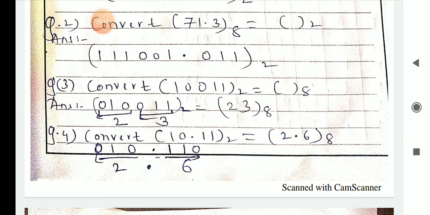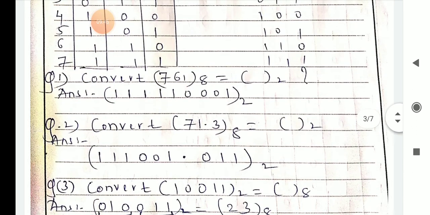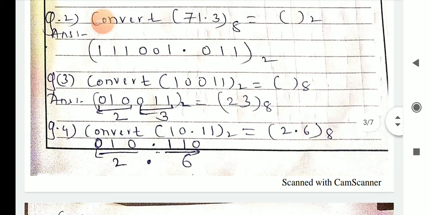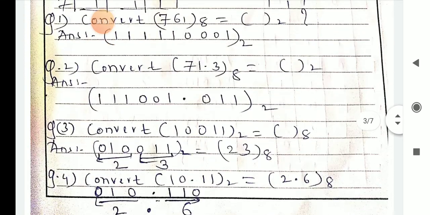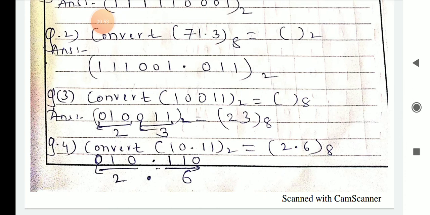After that you have to add a 0, because I want to make 3-bit groups. So after the decimal point, after the 11, I will add a 0, making 110, and before the decimal point I will add a 0, making 010, because only 2 digits are there. So I add zeros on both sides, right as well as left. Again we check the table: 010 is 2, 110 is 6. You can write 2 and 6, and in between the decimal point as it is. So the answer you get is 2.6.